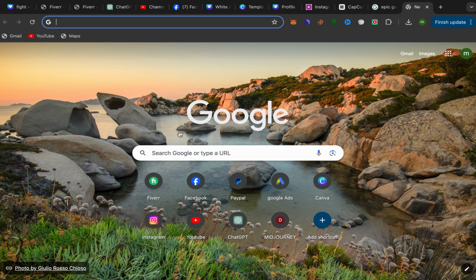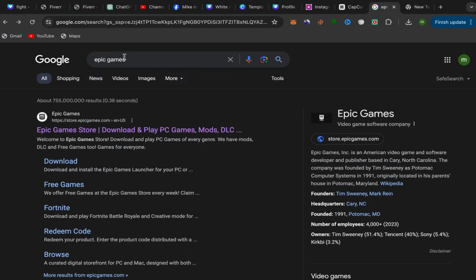So what you need to do is open your Google homepage like this, or any browser you are using, and go to the search and search for this website first. Search for Epic Games, okay? Click on the first link over here, the Epic Games Store, like this, and it's going to take you to this